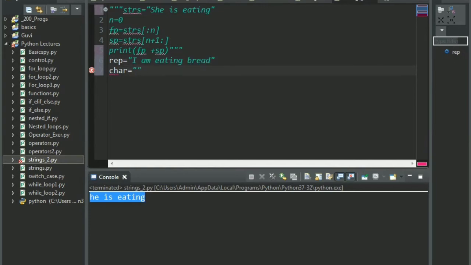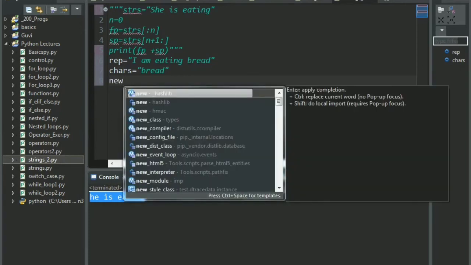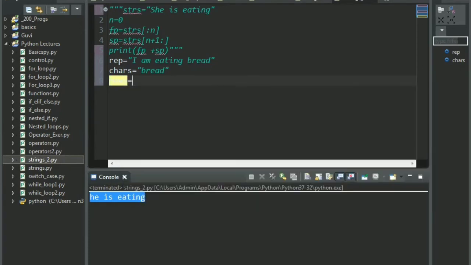I store it here temporarily, and now let's say I take a new string, and inside that I say rep, that is basically for replace.